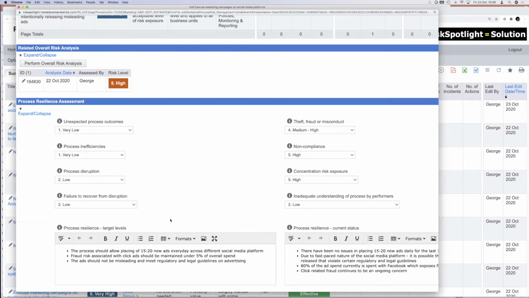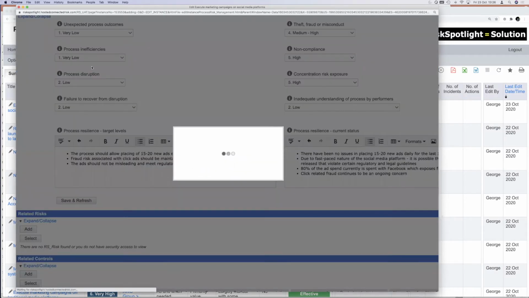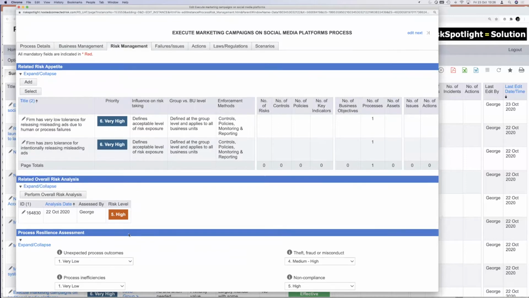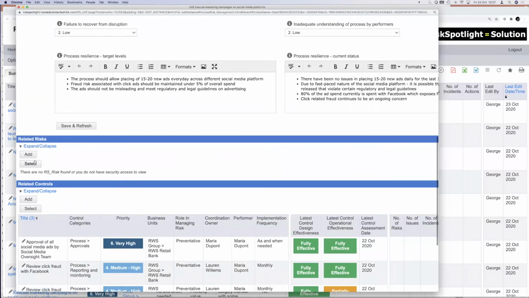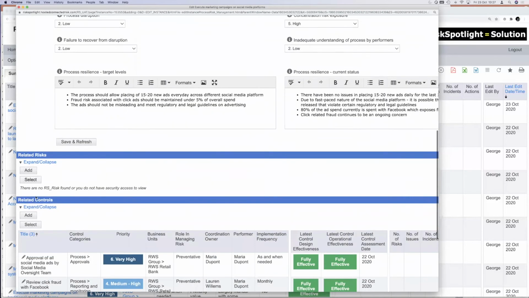But from the day-to-day perspective, this is what the first line is doing. And if they're not thinking about the risk in that day-to-day management, then we've created a separation between day-to-day management and risk management. If you ask this process owner to go and describe all the risks related to this process, they're not going to be very happy, because there may be so many risks to think of, and they just won't have time. So what is a better way to get them to still think about the risks from the day-to-day perspective? Of course, the broader analysis still needs to happen, but they will not be looking at 20, 30 risks on a day-to-day basis.